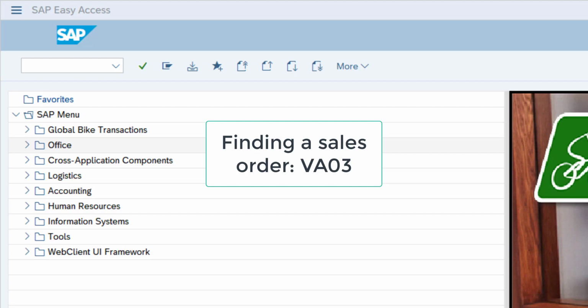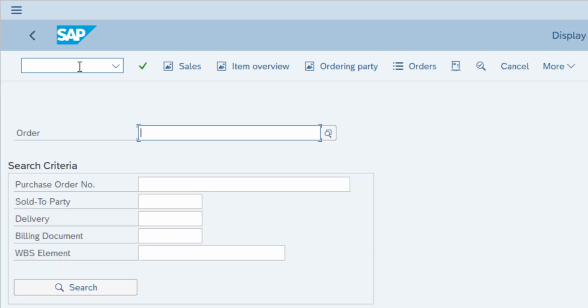Let's start with sales. If you are trying to sell something, you're typically starting with a sales order, and you start creating a sales order with VA01. If you want to find a previous sales order, you can use VA02 or VA03. If you recall, 01 is creating the document, 02 is changing an existing document, and 03 is displaying an existing document. If I want to display an order that I previously created, I can click on the search button,